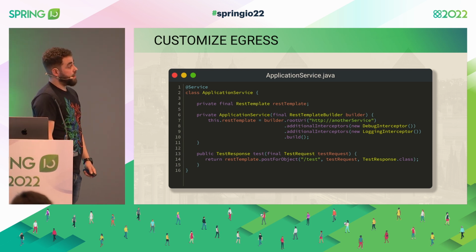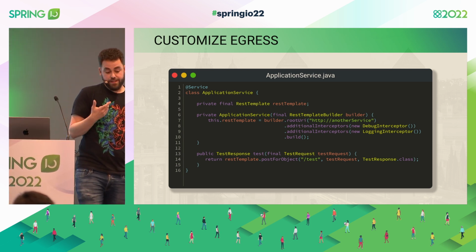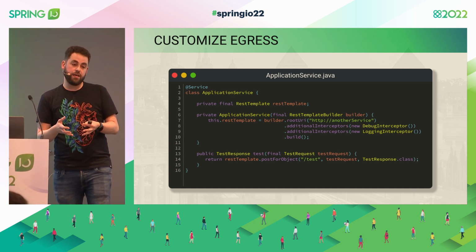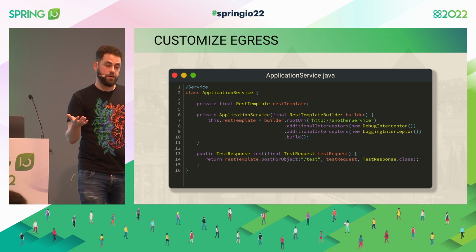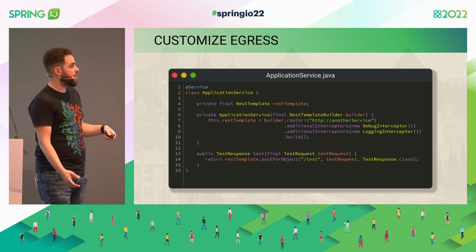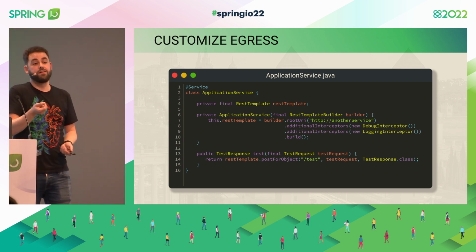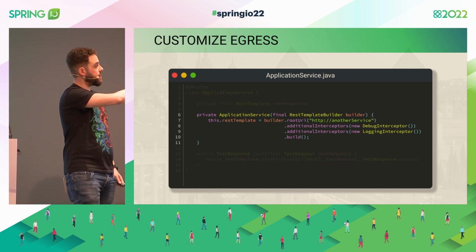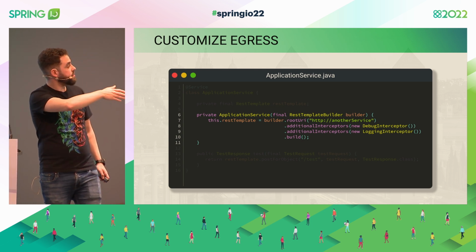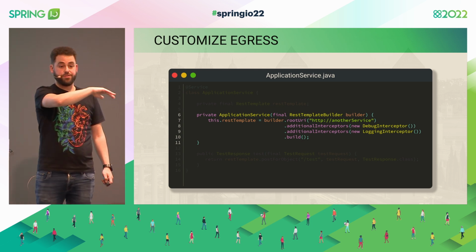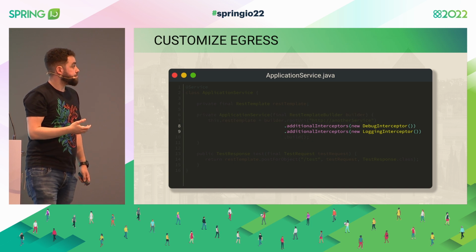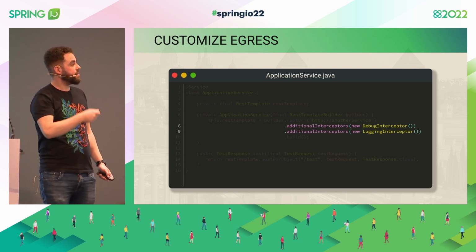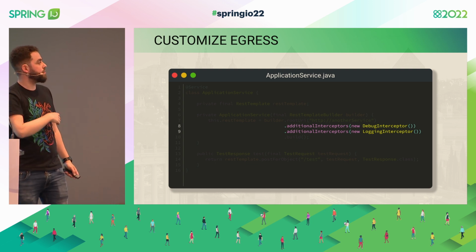And then that's it. In the case of filters, we were talking about components, so classes that already live in the application context and just take care. In this case, it's different, right? These are interceptors that we have to manually add to our RestTemplates. So mainly, as we build the RestTemplate, and I say I want to call this service, just build it, I want to add these interceptors. I have to add them manually, mainly like that. So I would say, OK, this RestTemplate that I'm building, I want it to have the debug, I want it to have the logging, whatever.